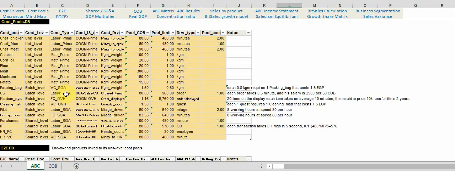The cost accounts that share the same cost driver are grouped in what is called a cost pool. So, cost pools are cost accounts grouped together based on their common cost driver. For example, the chef chicken is a group of cost accounts related to this kind of labor based on his minutes to cycle, meaning minutes to cook the customer order. All accounts related to that labor driven by this cost driver, minutes to cycle, are grouped in one cost pool,